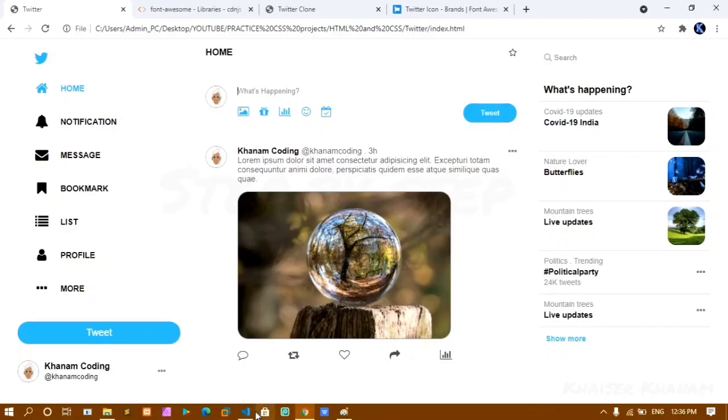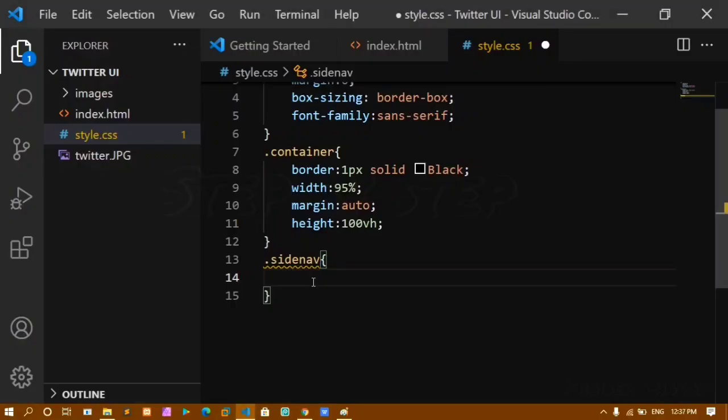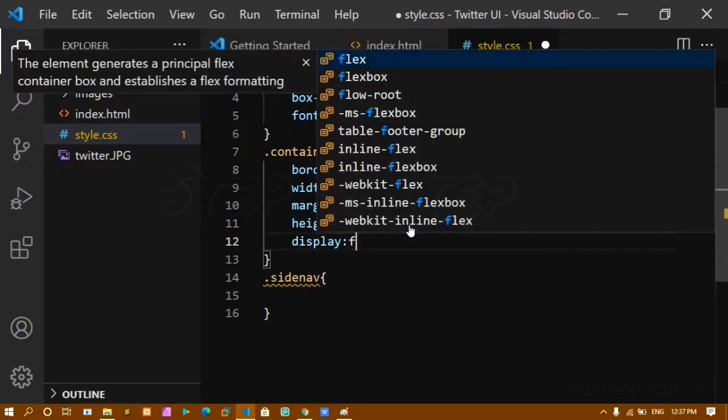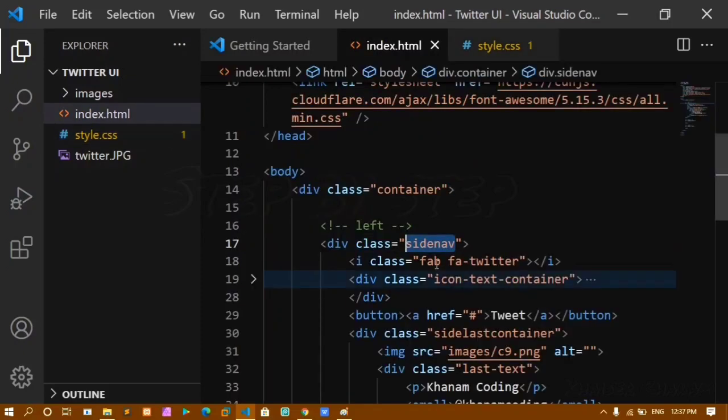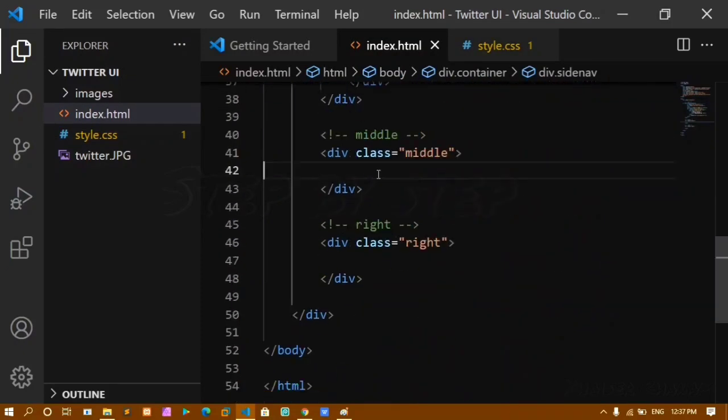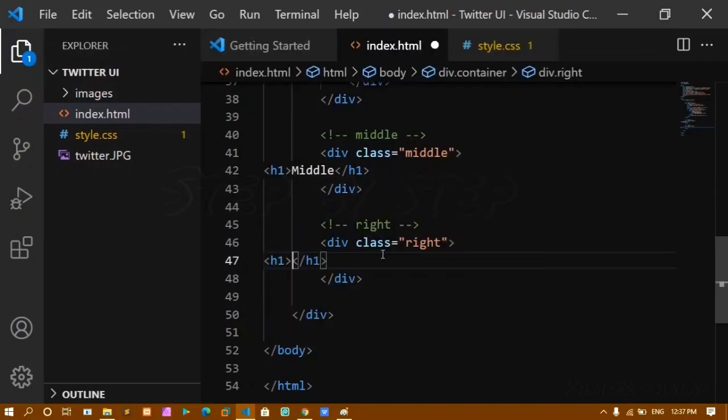Let me give flex basis. Before that, I should give display flex. You will not see any effect as of now. So I'll write one h1 tag here, I'll give middle, and here I'll write an h1 tag and give right.